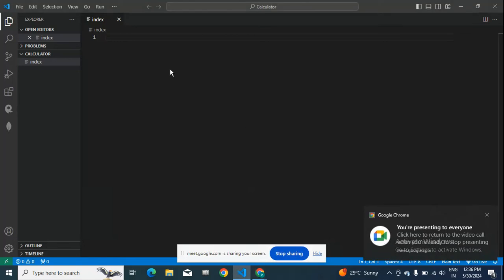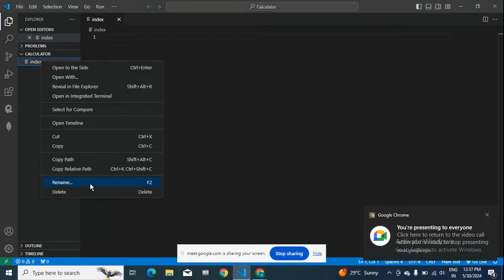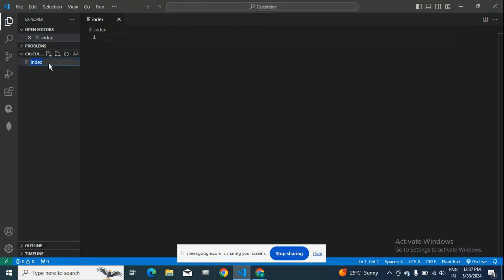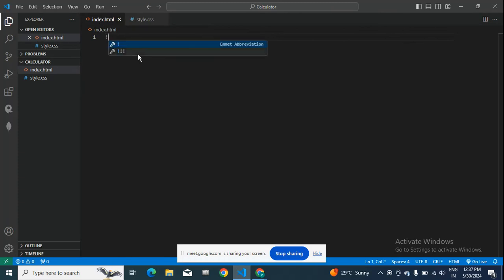So here, I'll be taking the file that is index.html. This will be index.html and style.css. Okay, so I have taken two files. So first what we need to do, the main point is we need the structure,